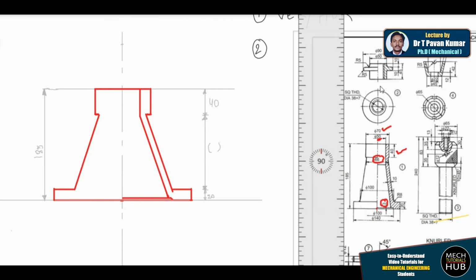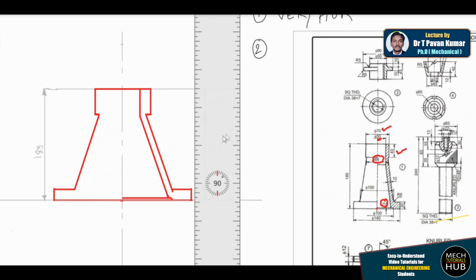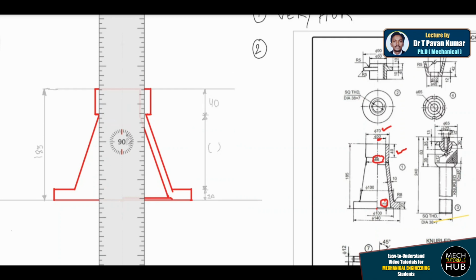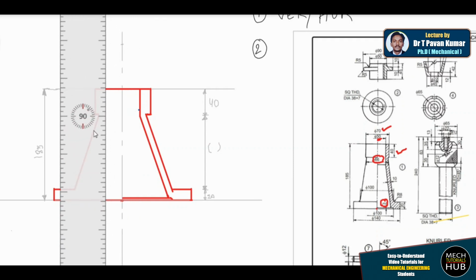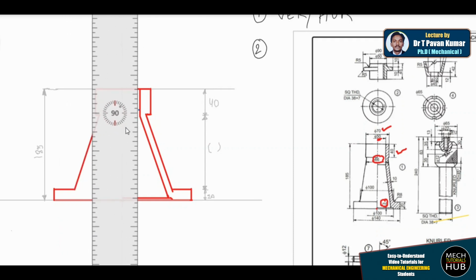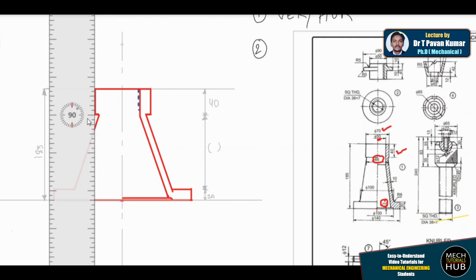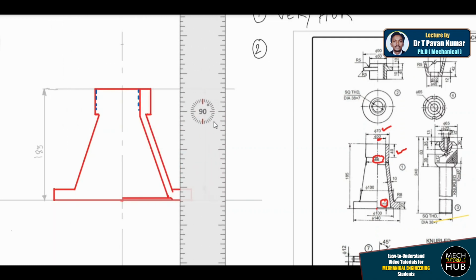Now what I do next, part number 2 will sit here. So I'll just take this part number 2. Let me change the color of part number 2, and I just try to measure these dimensions. As I said, 45 minus 20, 25 is going to be inserted inside. So I'll make a mark of that 25, and let me draw the edge. When it is inserted, the complete edge is not visible, so try to communicate that this is invisible.